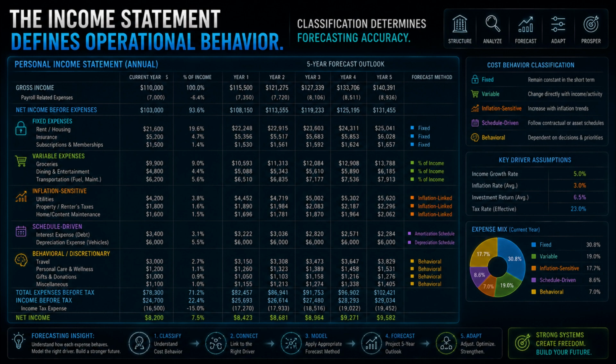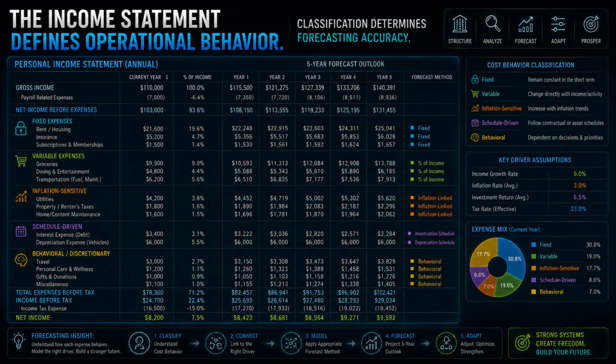The income statement may include gross income, utilities, groceries, transportation, insurance, subscriptions, depreciation expense on your vehicles, interest expense, payroll-related expenses like EI, and income tax expense. Your situation is going to be unique to you, but these are some examples of the things that you would find. And importantly, income tax expense should appear near the bottom of the statement just before net income, because tax expense is often determined by forecasted taxable income, meaning even taxes become driver-based forecast variables.